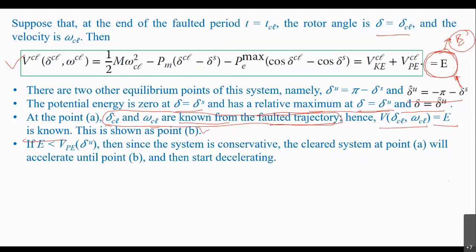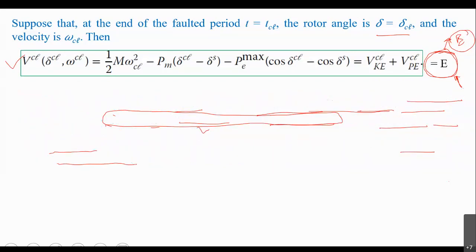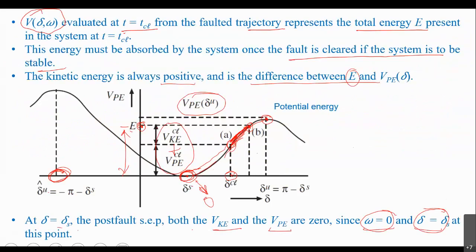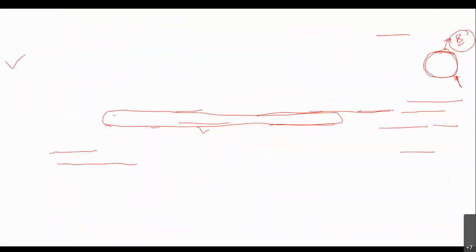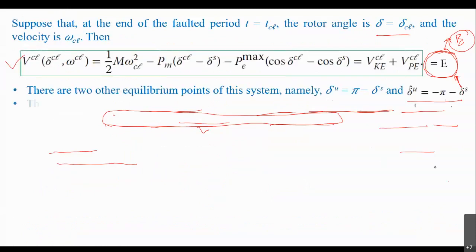So if your total energy becomes less than Vp delta U, then since the system is conservative, the cleared system at point A will accelerate until point B, right? As we can see in the last slide, if your E is less than this, then as soon as the fault is cleared, your system will accelerate till point B. Then after that, again, it will decelerate and it will stabilize at this point. So that is what is mentioned here,